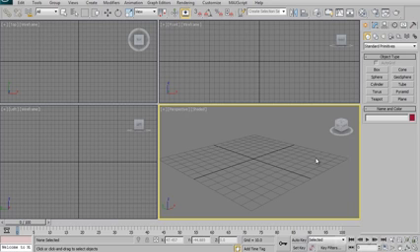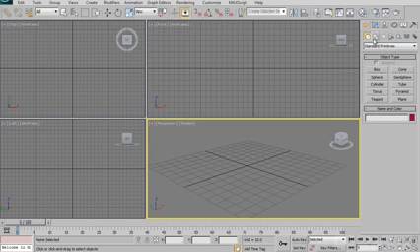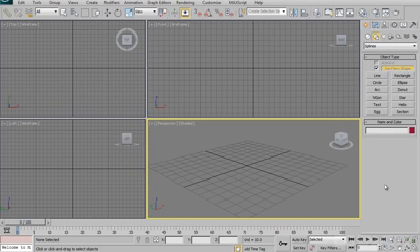Okay, so let's get started. In 3D Max, we want to create some text first. And the easiest way to do that, of course, you can do this by hand,